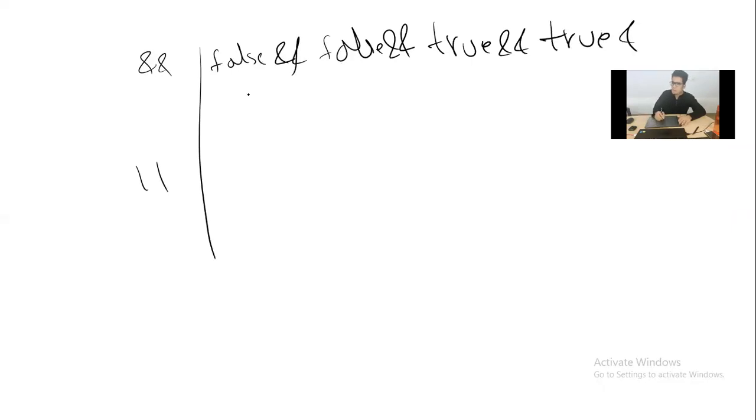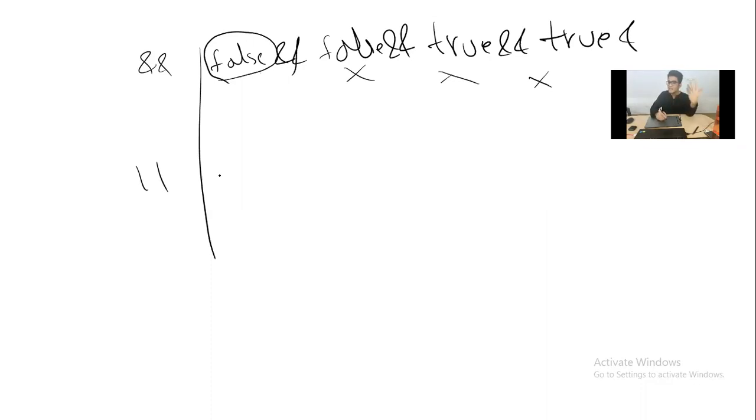What happens is when the compiler sees the first false condition, it will not even check the other conditions. Why? Because it knows that in the AND operator, if one condition is false, everything is false. So why should it waste time checking the other conditions? In the AND operator, control will not move forward when the first condition is false. I have told you clearly, and I have given the notes also.